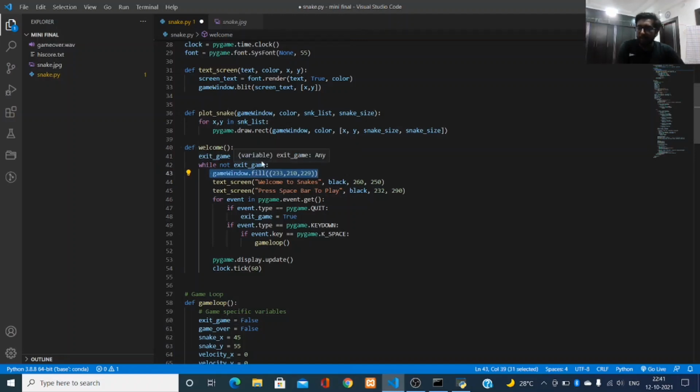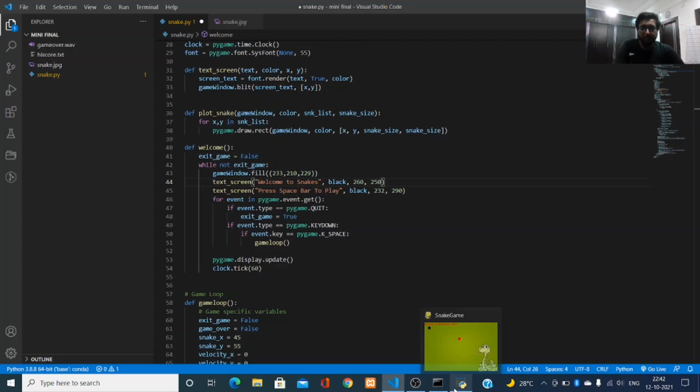I have created the while loop and given the condition that exit is equal to false. Then the game window takes a color code as an argument and fills this color in the window. Then we call the text screen function and give the text as welcome to snake, color is black, and x and y axis is 260 and 250.